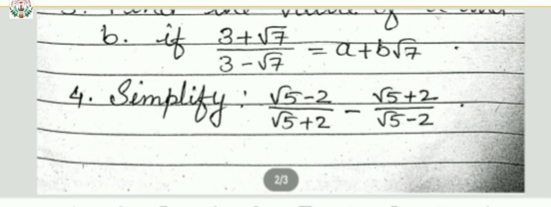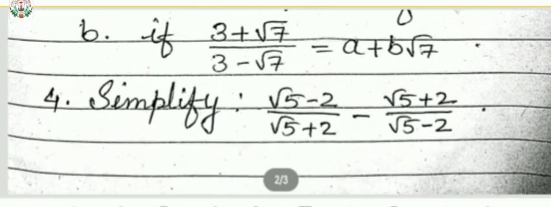Now we will separate the root 7 terms and the whole numbers. After that, the whole number will be the answer for a, and the part along with root 7 in the numerator, whatever answer we get, will be the value of b. Now compare that rationalized part with a plus b root 7. Then we will get the whole number as a, and the part along with root 7, whatever answer we are getting, that is the value of b.